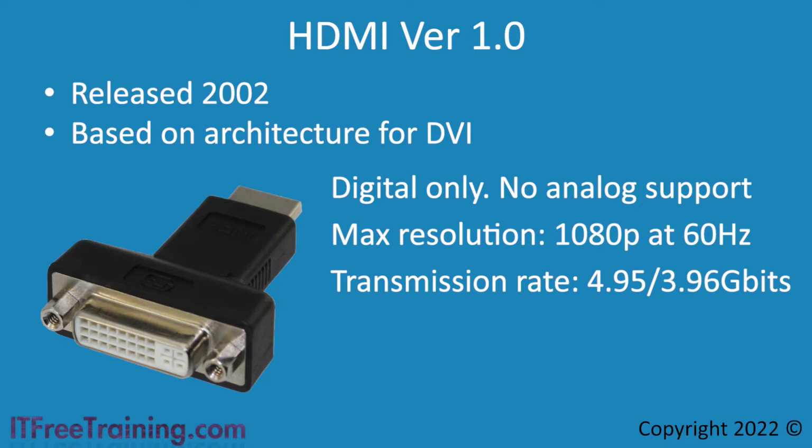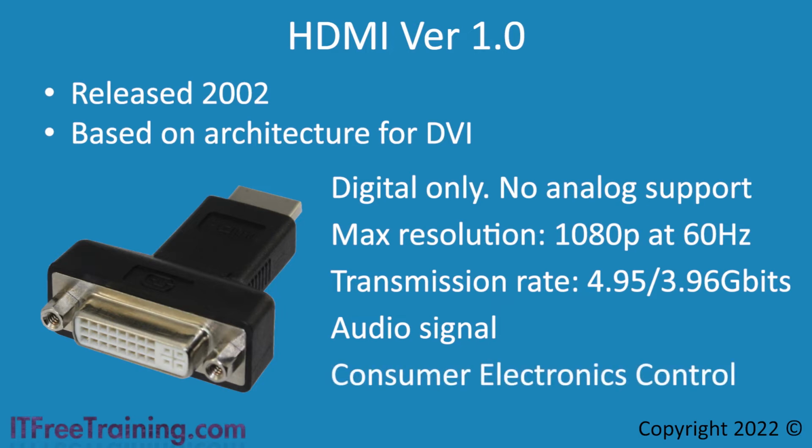The next feature that HDMI adds is audio support. DVI does not support this, so if you use an adapter, remember that you will lose any audio from the signal. The last feature that HDMI adds is Consumer Electronic Control, or CEC. CEC is the ability for one HDMI device to control another. For example, if you have multiple HDMI devices connected together, you could potentially have the one remote control to manage them all. Essentially, CEC allows an HDMI device to send commands to other HDMI devices.